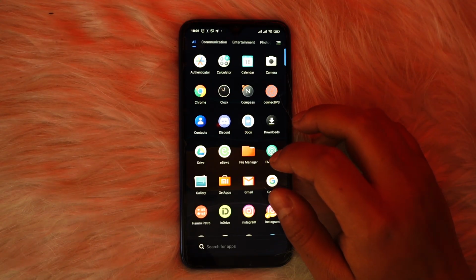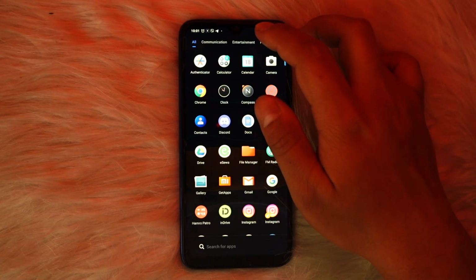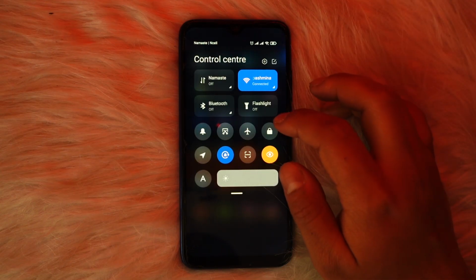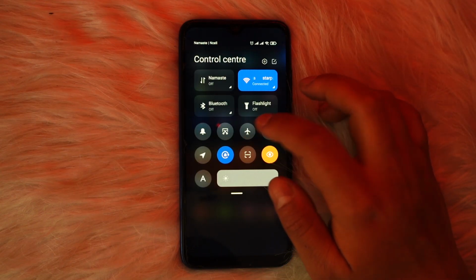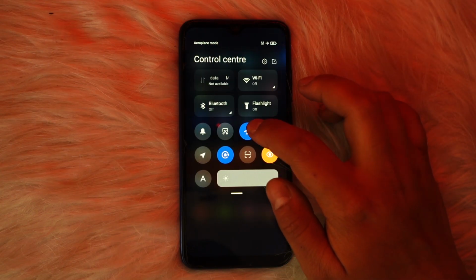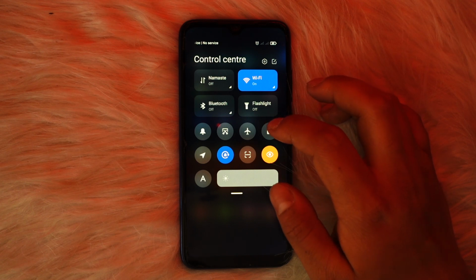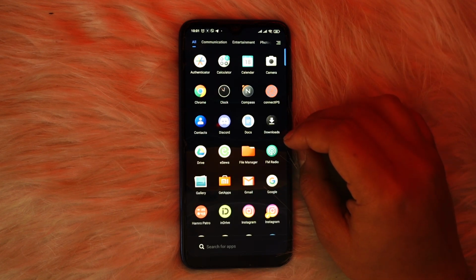But just in case, to be on the safe side, what you can do is try toggling on and off the airplane mode. So just tap on the airplane mode button. Just turn it off and then turn it on again. Now, once this step is complete, if you're now still facing the issue, the second thing that you can try out is